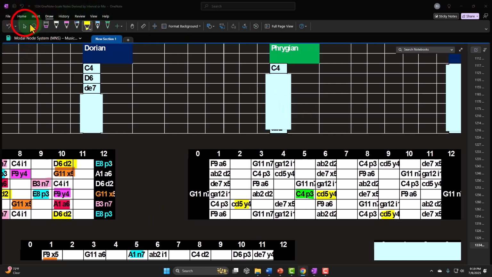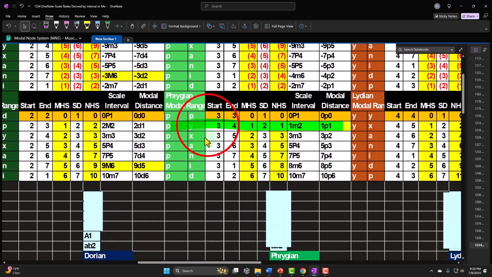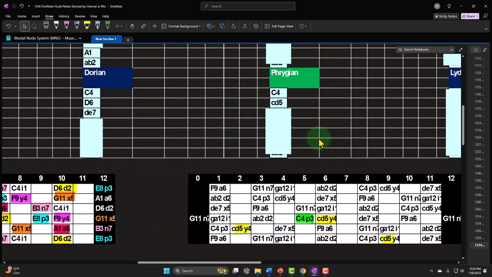All right, let's say we go down another one. Get this out of here. Now I put a dot on there. So I go 2 modal half steps forward. That's going to land me on a C sharp. Why? Because if I go on the Phrygian and I go up 2, then it's going to land me on the Mixolydian. From the 3 plus 2 lands me on a 5, a 3-5 modal range. Going clockwise would be the third scale degree. 3 note half steps up. That would be a 3 note away minor third, which I'd rather call a 3 note away from the Phrygian node second modal half step, right? So then I can choose